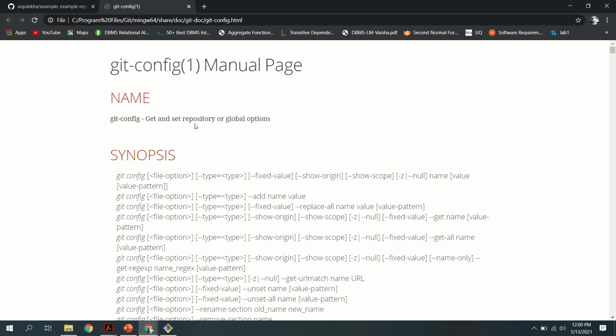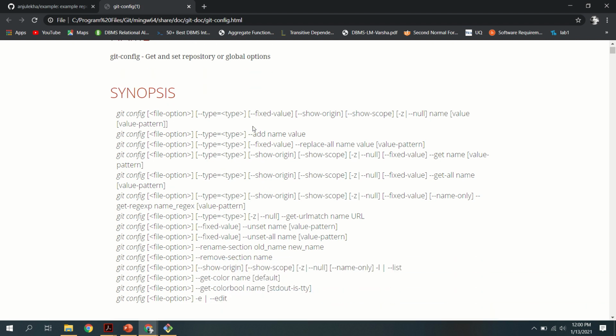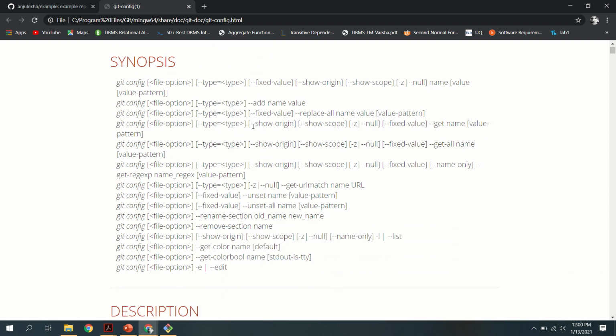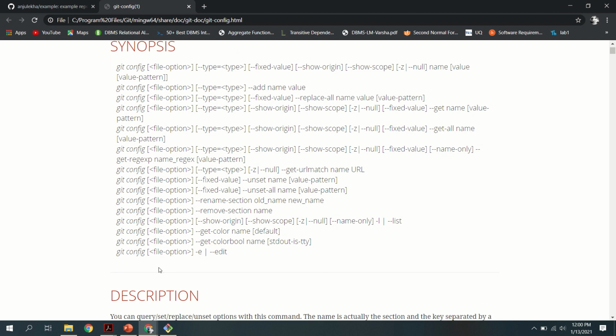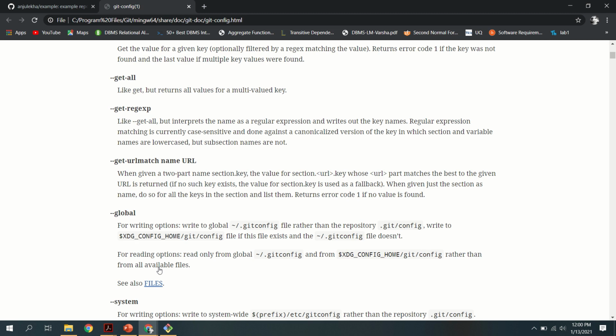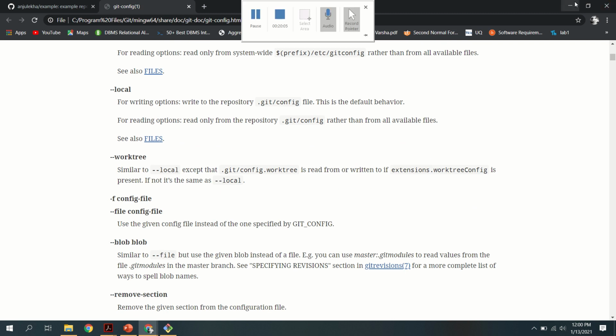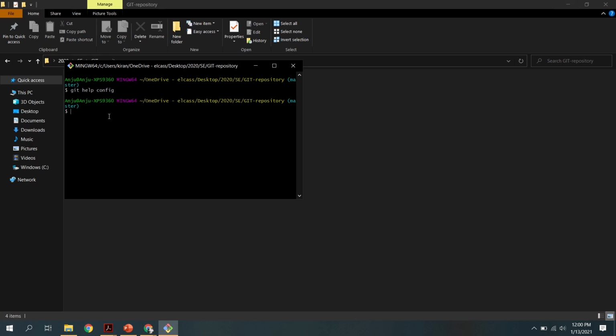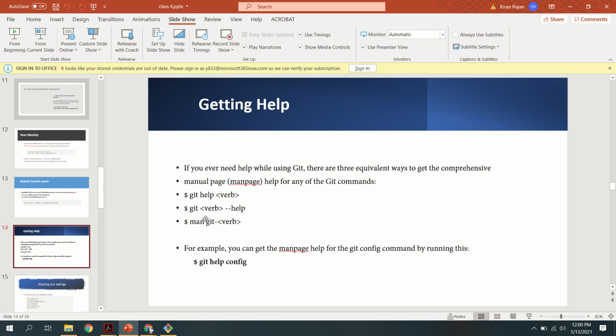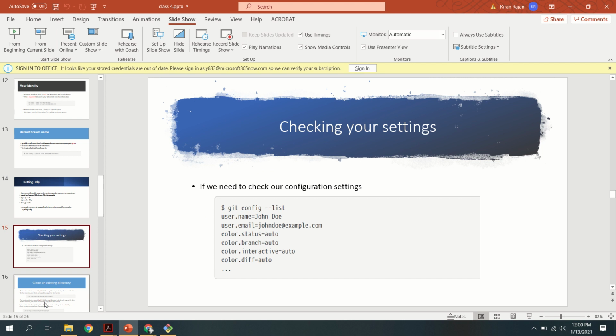You can see what git config is, what it means, and then the different options. Git config has different options, and their details are specified here. So this is how you will get help. If you are using any git commands and you need help, if you want to read the manual page of any particular command, this is the way to do it. So that is about getting help.